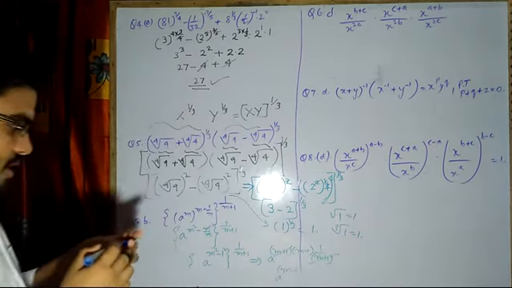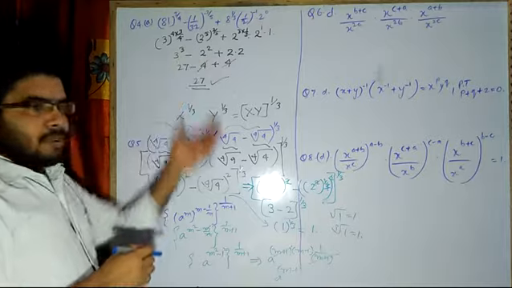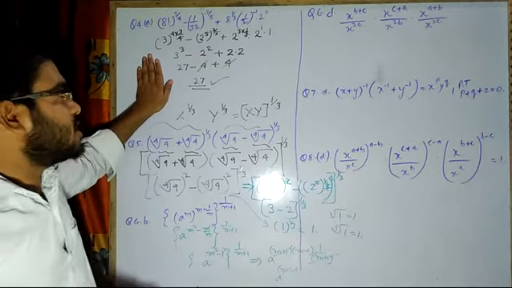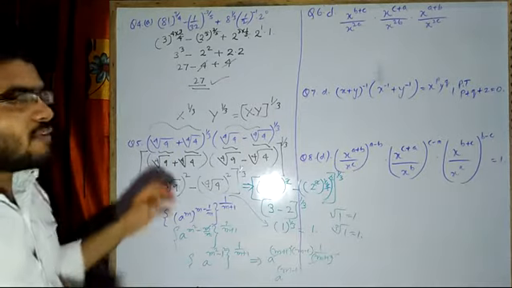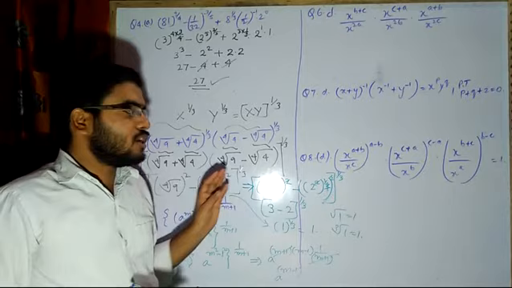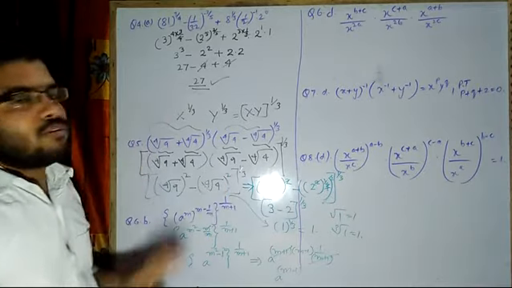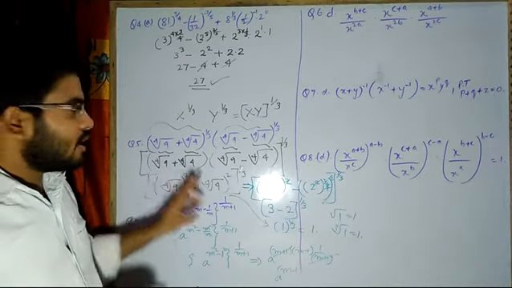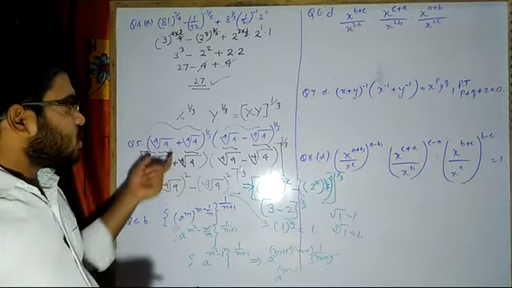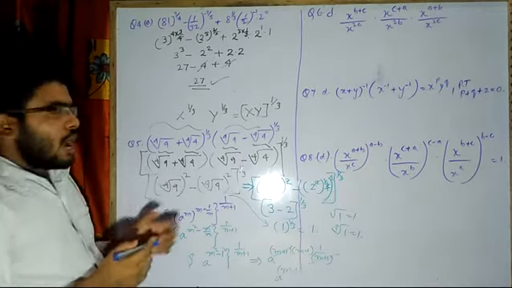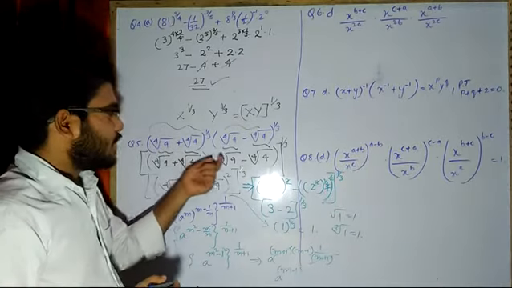Now in this chapter there is nothing to be explained. Everything is self-explanatory. The only thing is that you have to apply your brain, you have to apply the laws and then you have to calculate. That's all. The only trick is you have to be very cautious while seeing the numbers. You have to apply your brain, you have to apply your logic.